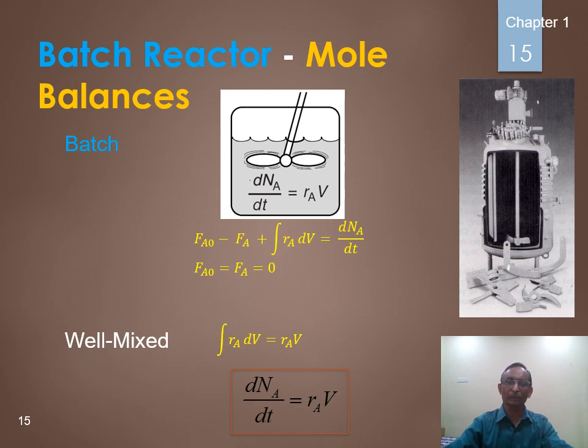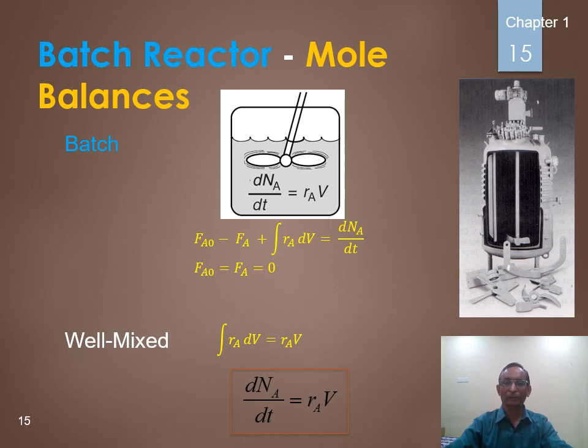What happens once you are done? There is no inflow and no outflow, so input is equal to output. So the first two terms in the mole balance equation are equal, that is Fa0 is equal to Fa, that is equal to 0, because we are assuming that in the batch reactor there is no inflow and no outflow. At the last we put one question: what assumptions have you made in designing the batch reactor design equation? Your first assumption is that inflow and outflow in the batch reactor are equal, that's why Fa0 equal to Fa, that is equal to 0. So what remaining terms are there? The third term and fourth term, that is integral Ra dV is equal to dNa by dt.